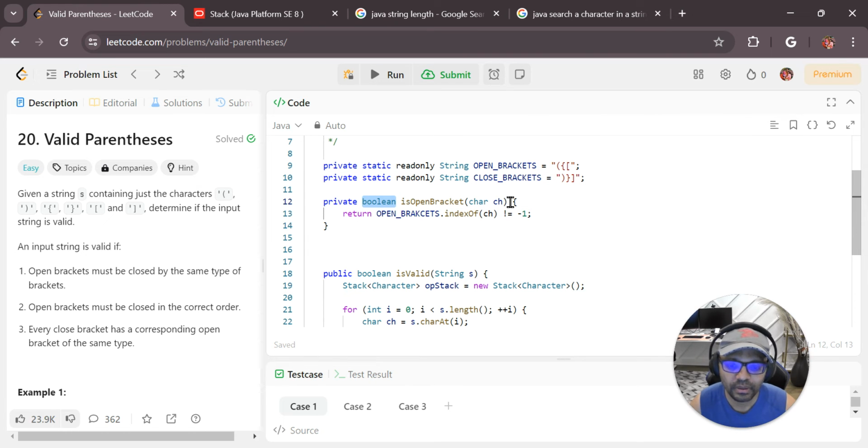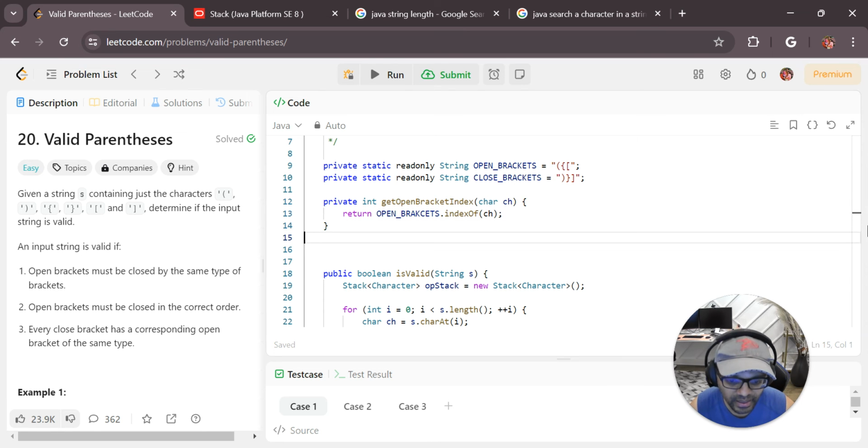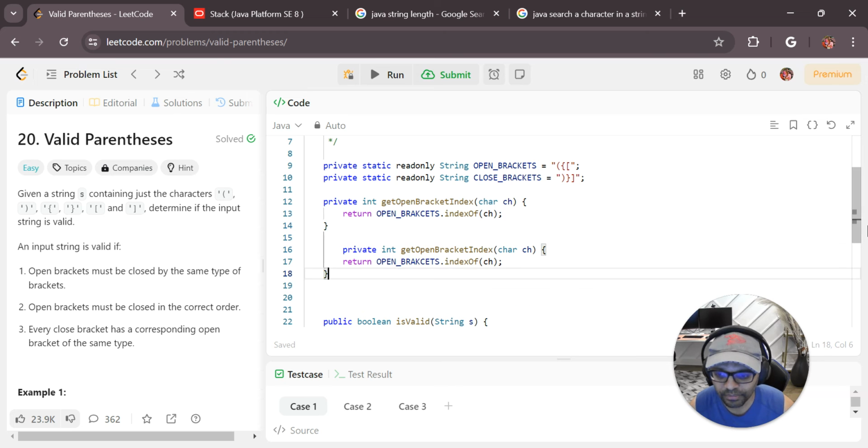Oh, I have a trick. I think we can just return an integer, and if they are the same index, haha. Okay, instead of doing not -1, we say that open bracket index. How about that? That's when then we can just match the index. Okay, I'm not very thrilled about the bit of a tricky approach here, but it works pretty well. Close bracket index,